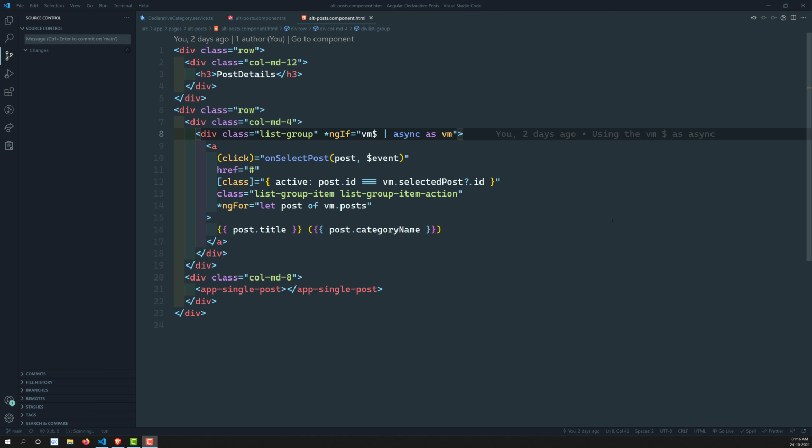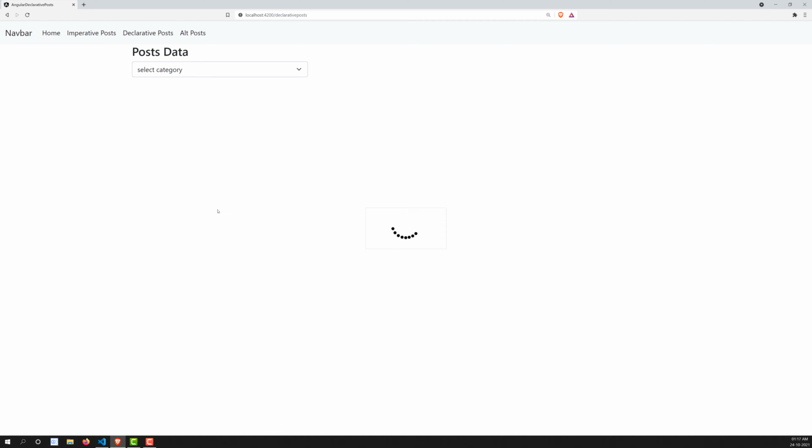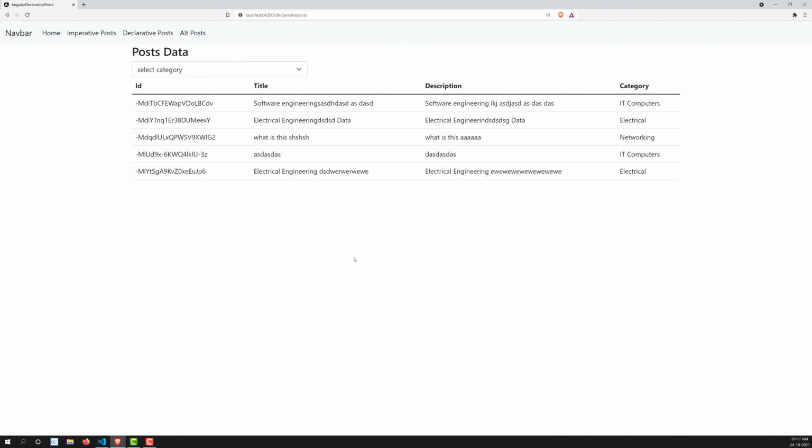In this video, we will see how to add a post. Up to now, we have seen the different ways of getting the posts in the UI: showing a single post, showing multiple posts, or showing all the posts in grid data. So these are all the types we have seen. Now let's go to the CRUD actions: how to add a post, edit a post, delete a post. Let's see that in this video.